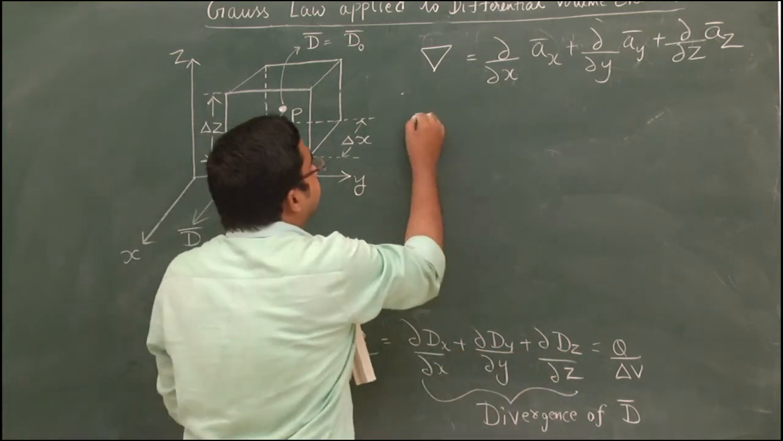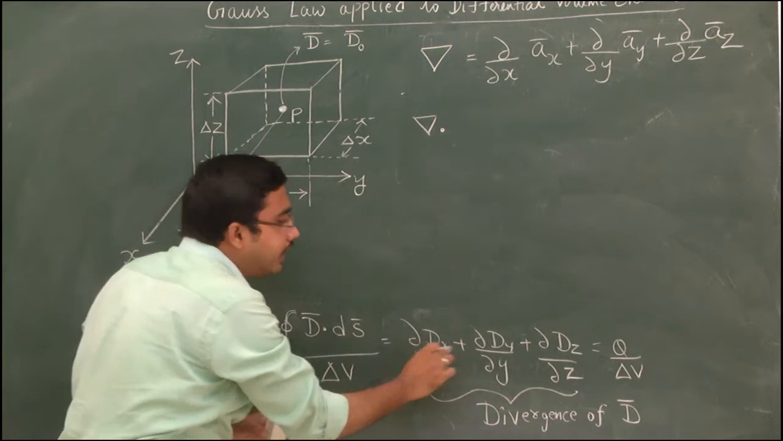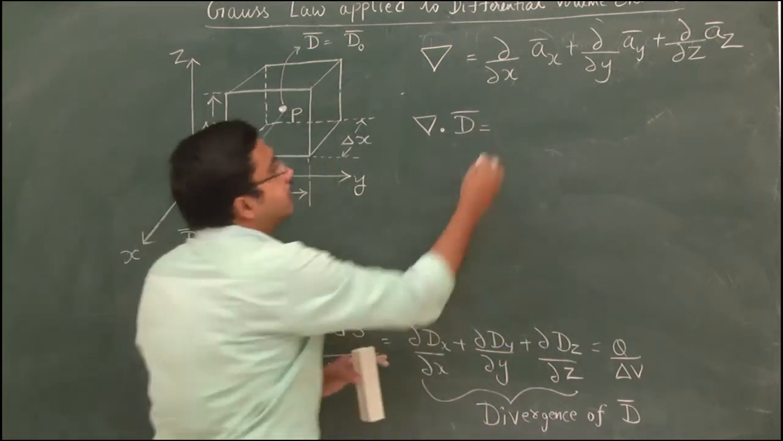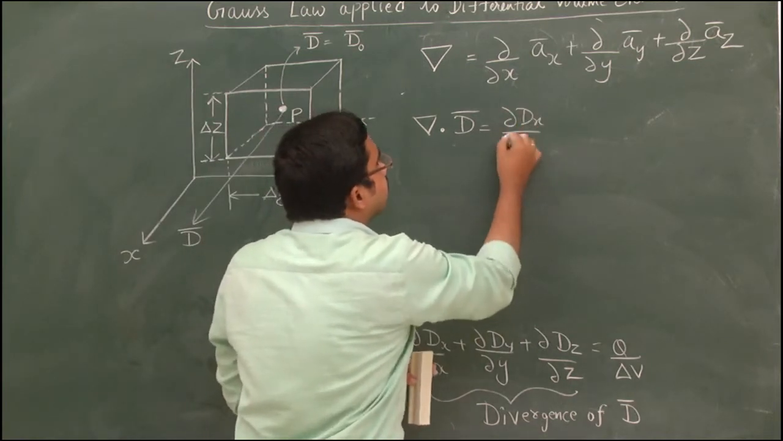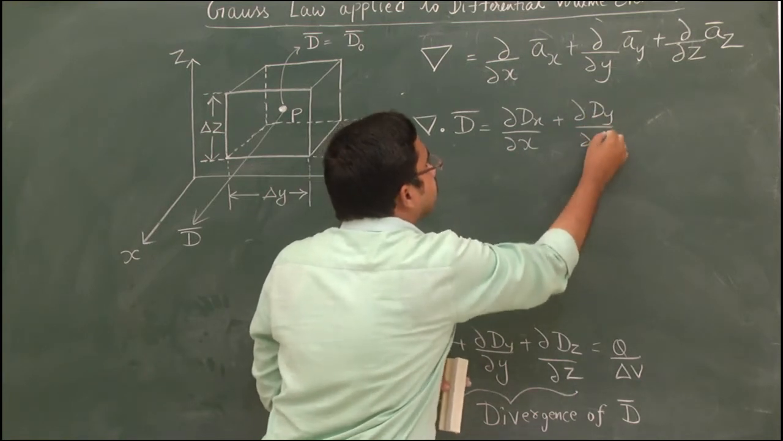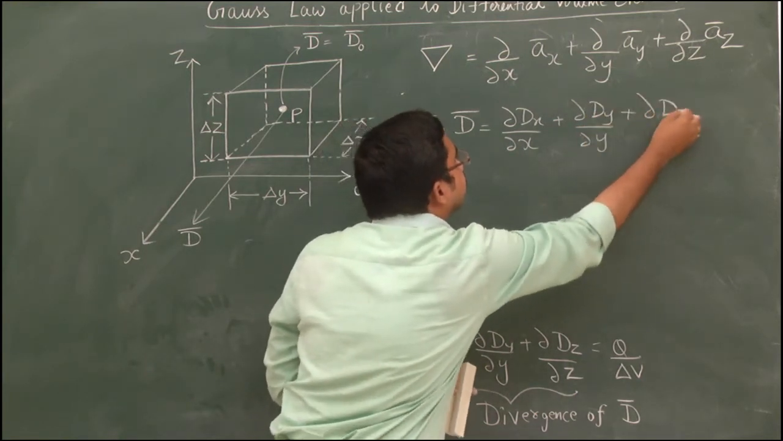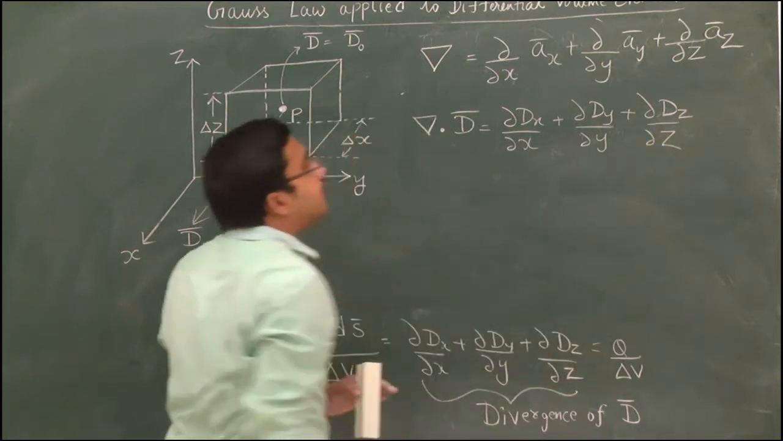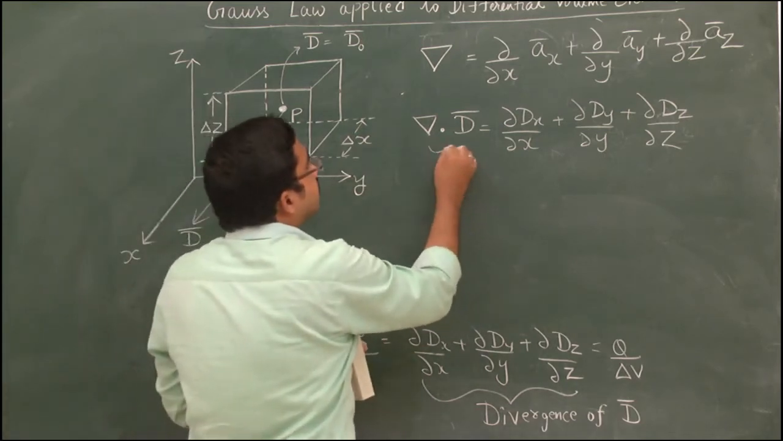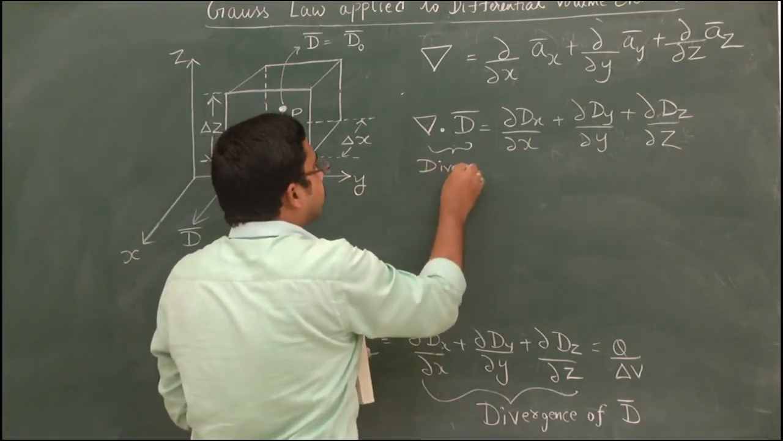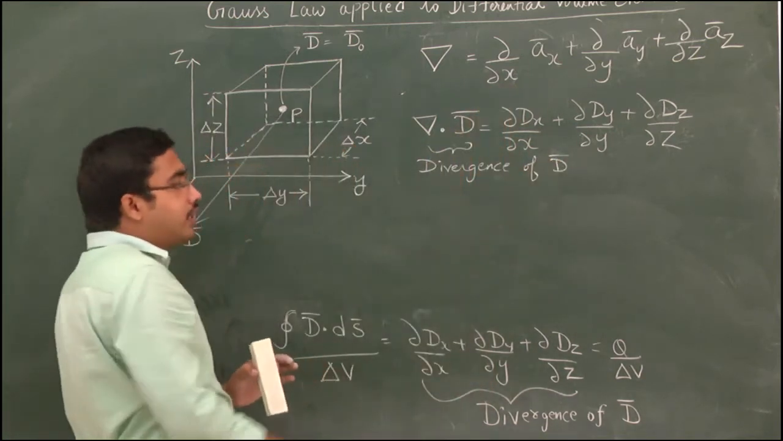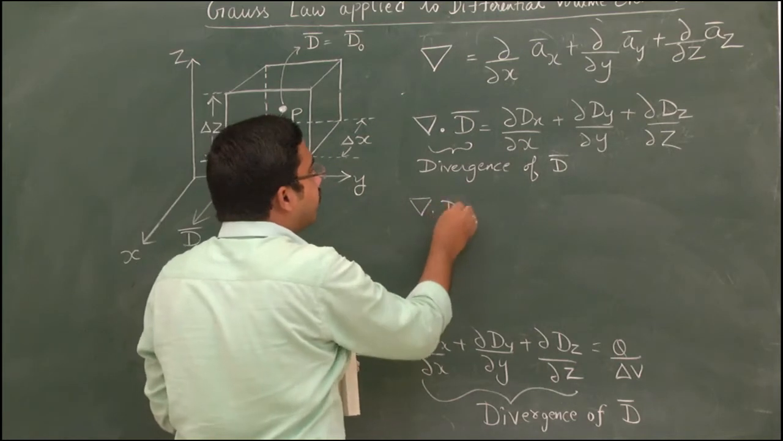So can I write del dot D bar is equal to simply dou Dx by dou x plus dou Dy by dou y plus dou Dz by dou z. This is nothing but the divergence of vector D bar. This divergence is also given as del dot D bar equal to